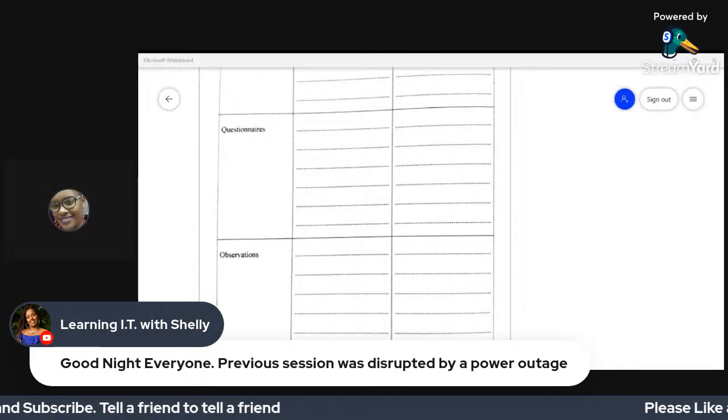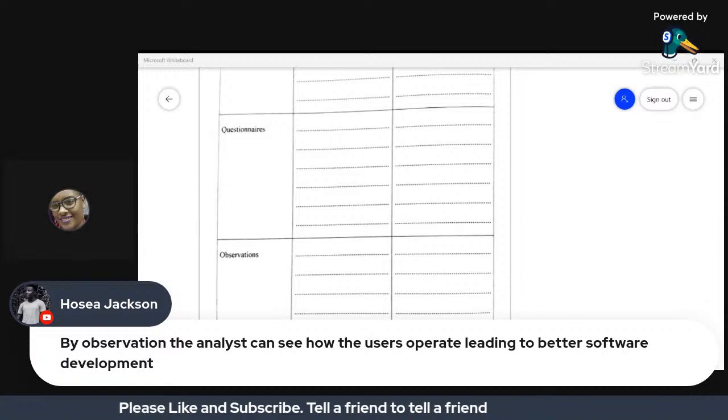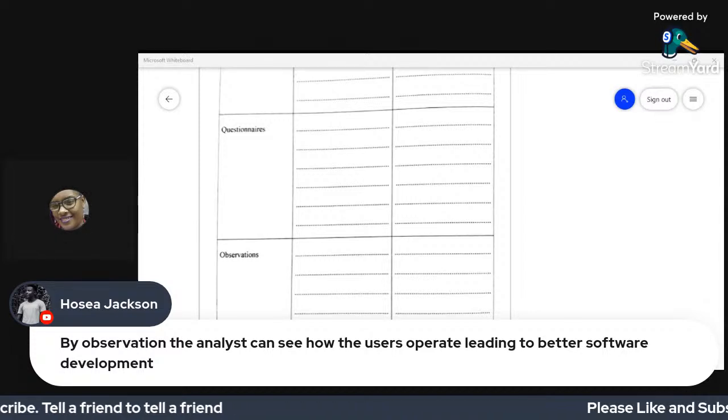All right, so Jose is saying that by observation, the analyst can see how the users operate, leading to better software development. Yes, that's a very good advantage.